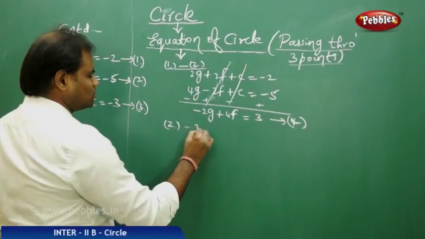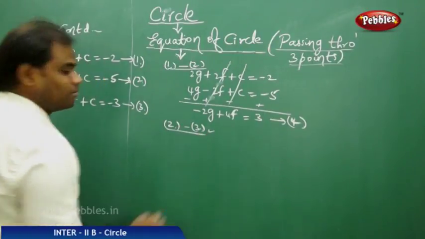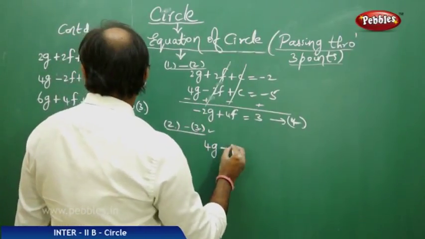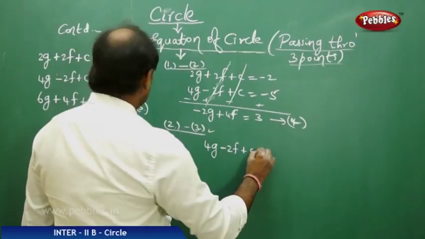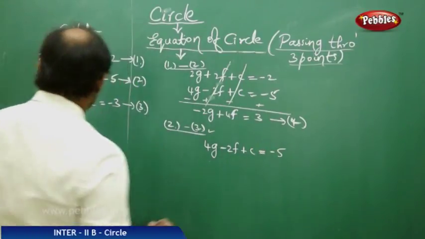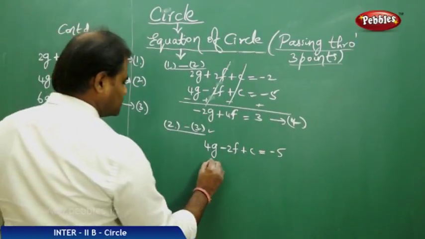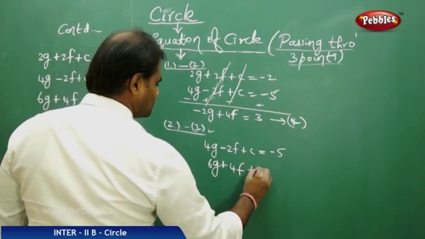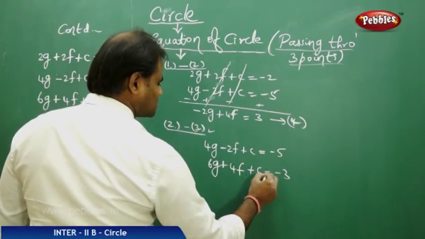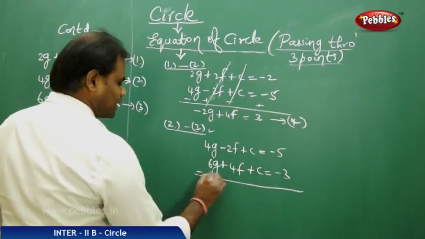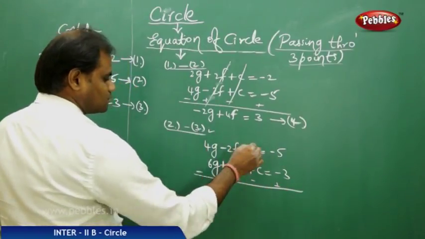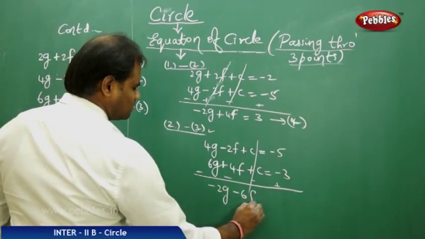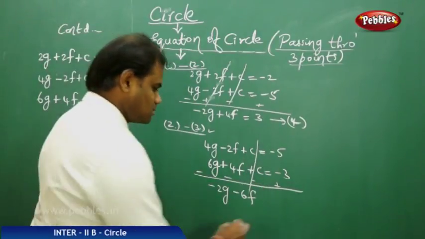So equation 2 minus 3 would give me, on subtraction, 4g minus 2f plus c equals minus 5, and my equation 3, which is 6g plus 4f plus c equals minus 3, on subtraction gives minus 2g minus 6f equals